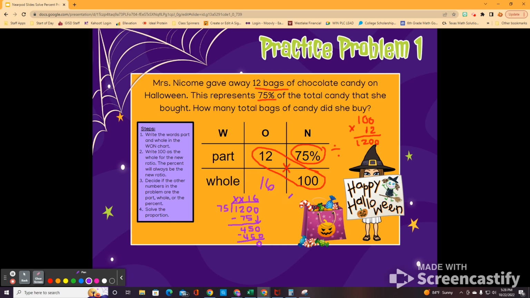Just remember that when you're setting up your percent proportion, your words are always going to be part and whole, and then your